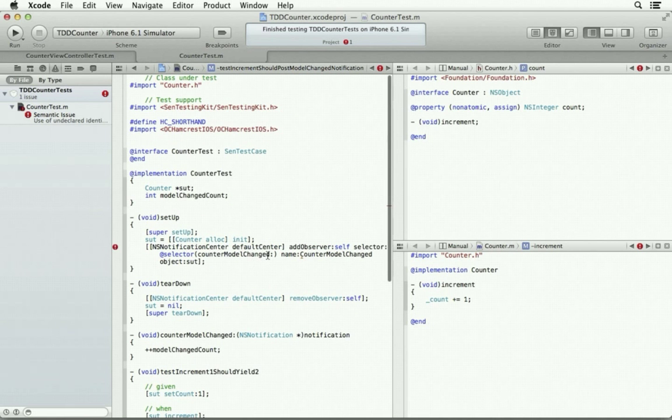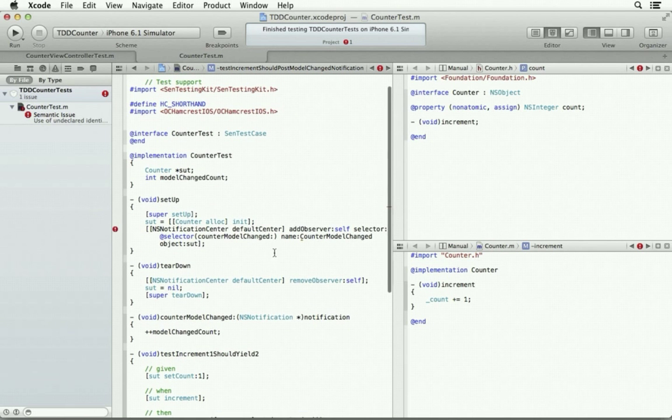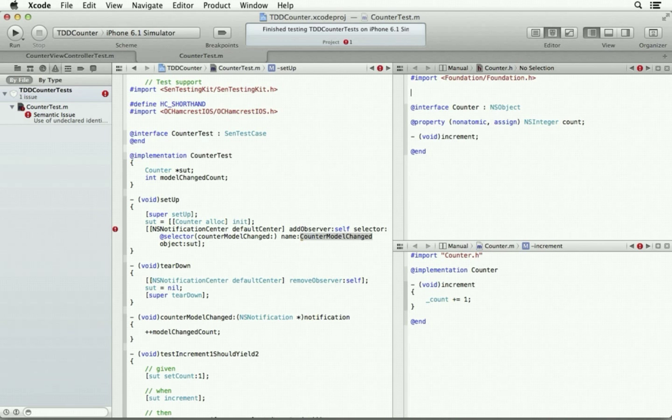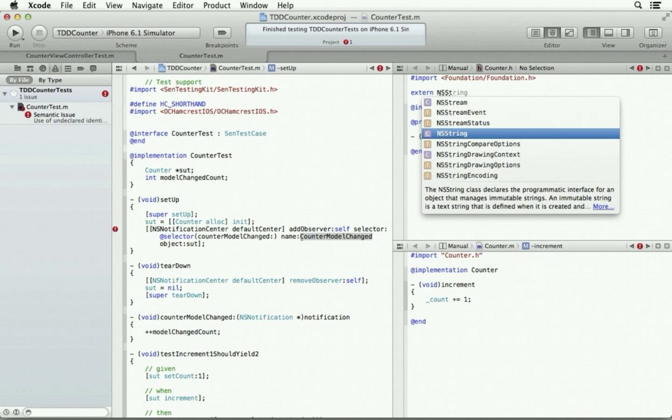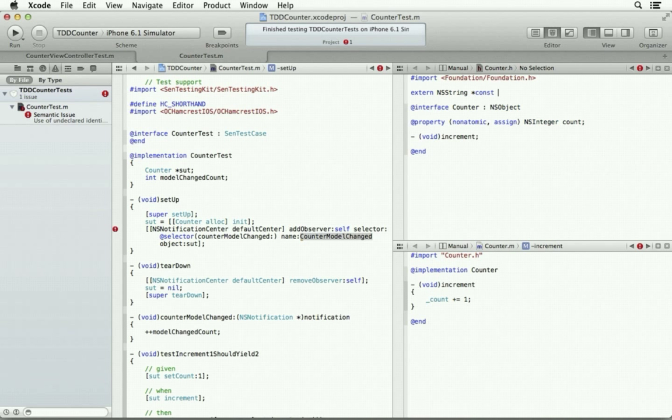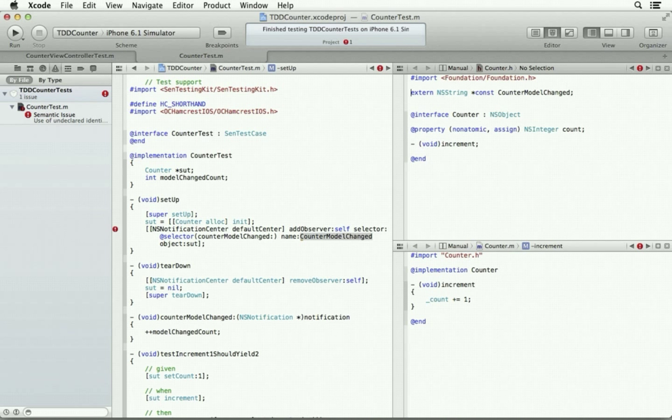I need to create the name of the notification as a constant. Like that.